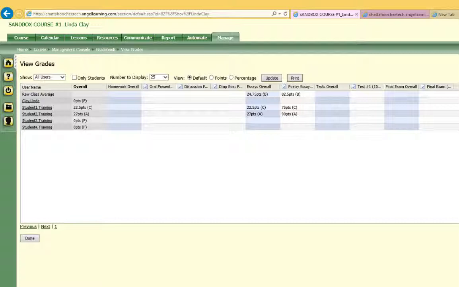Since we plan to put more assignments in essays and tests, but not in the final exam category, let's change Gradebook so it does not display the final exam overall, because there will be only one assignment, the final exam, in that category. To hide a category column in the gradebook, return to Gradebook's main menu,